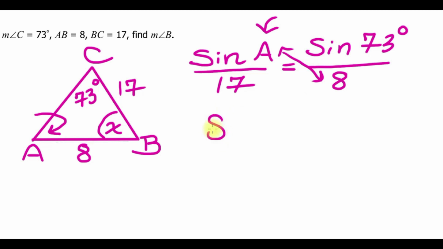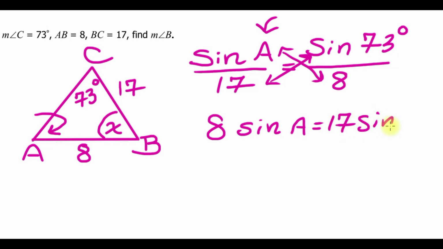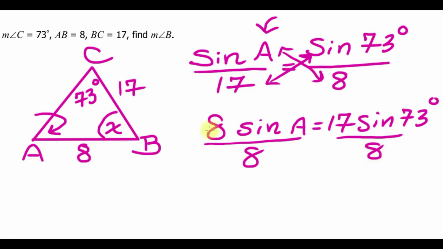So we have 8 sine angle A is 17 times sine 73. Okay, and then divide by 8. You can cross out the 8 here. You're left with sine angle A is